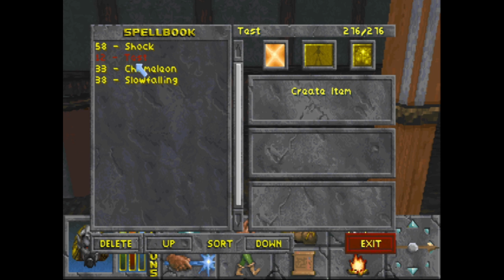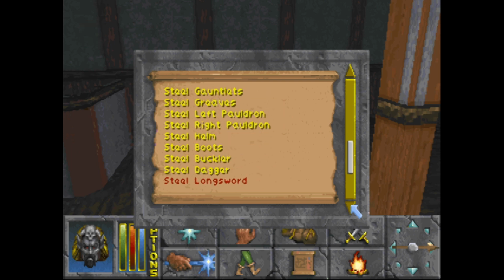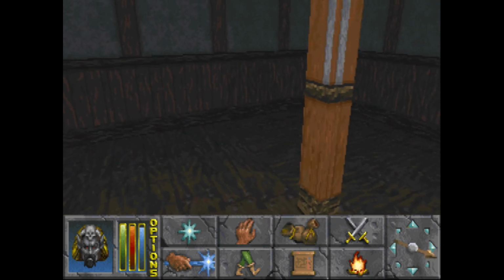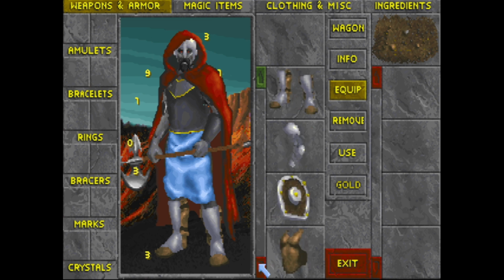So we're just going to cast Test real quick. We're going to give ourselves something I can at least see right away. So, oh man, it lets you summon anything, really. So if I summon a Steel Battle Axe, that Steel Battle Axe should be in our inventory. And it should be...